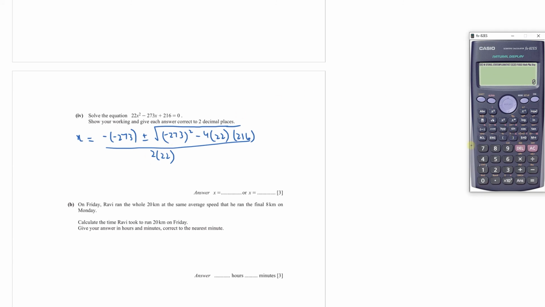So let's calculate this value. 273 squared minus 4 into 22 into 216. So this is 55,521. So x equals, this minus and minus becomes positive, 273 plus square root of